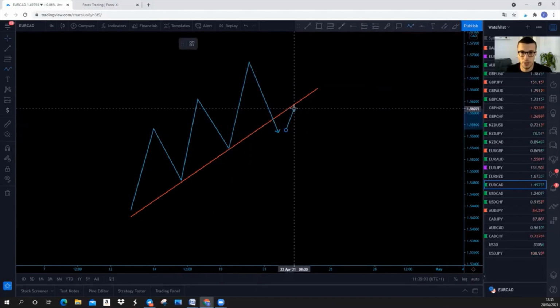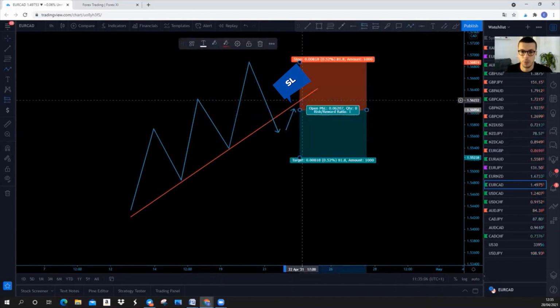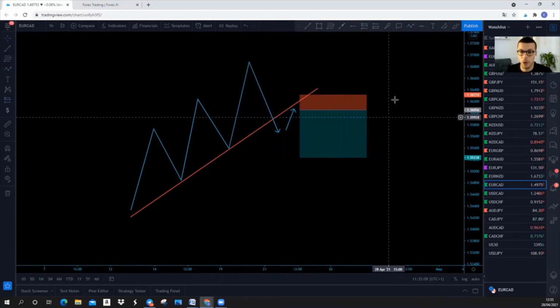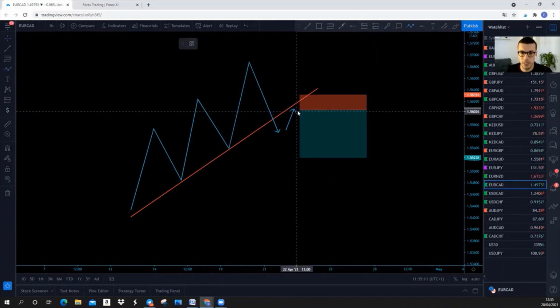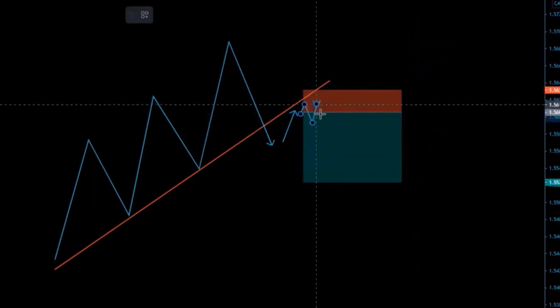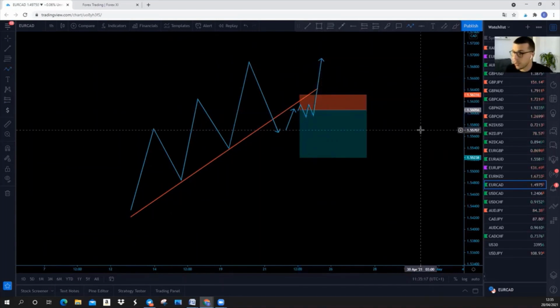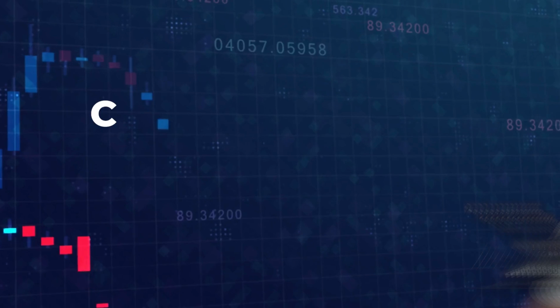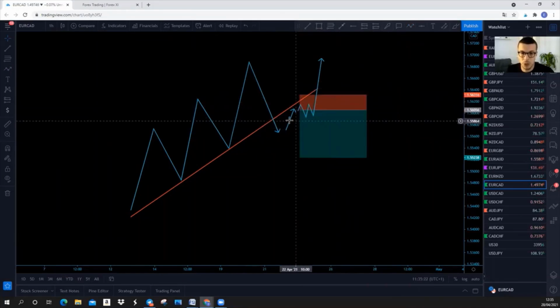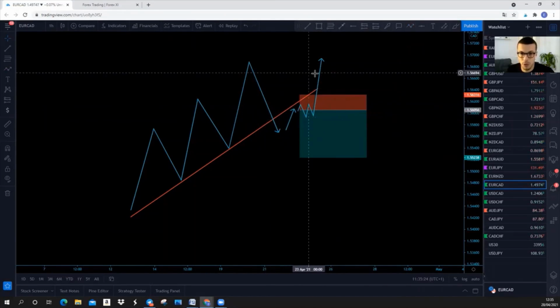You try to trade the break and retest. You enter a sell from here. Maybe also you see some sideways movements, some nice rejections with pin bars, and then we just go straight to the upside. This is because the market is creating liquidity below this trend line, and now above these levels,